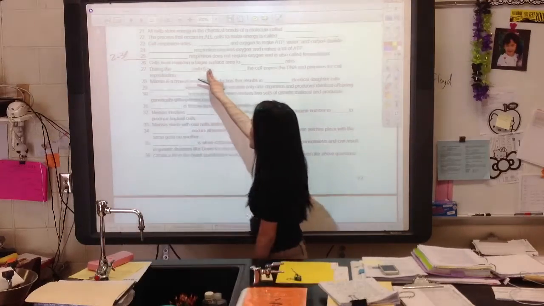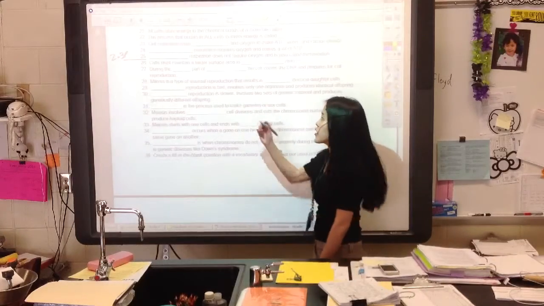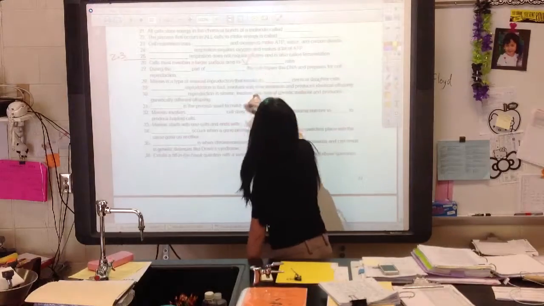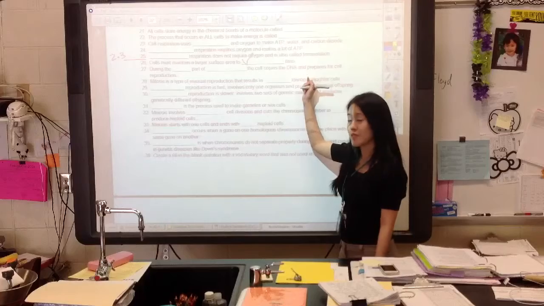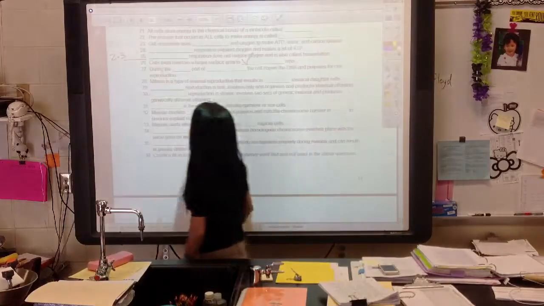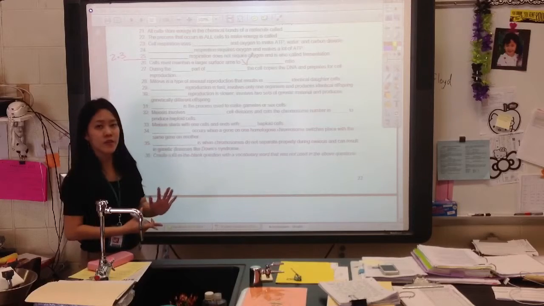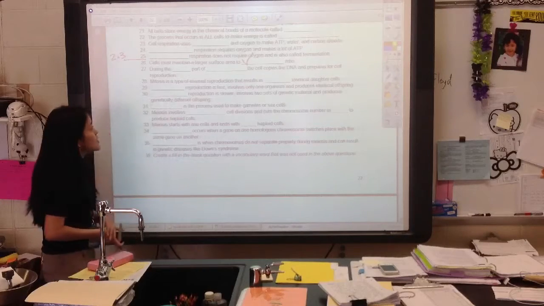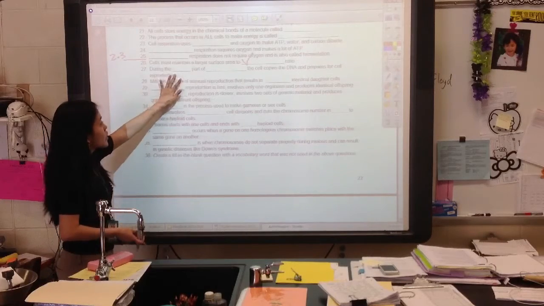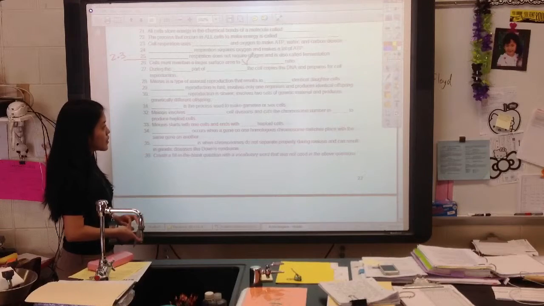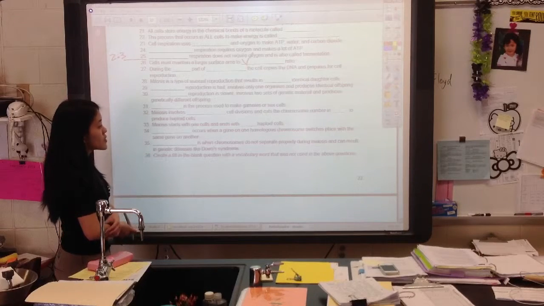27 says cells must maintain a larger surface area to, it starts with a V, ratio. What was that? And you should be turning to your notes as well in 2.3 to help you fill these in. For 27, during the blank part of blank, the cell copies the DNA and prepares for cell